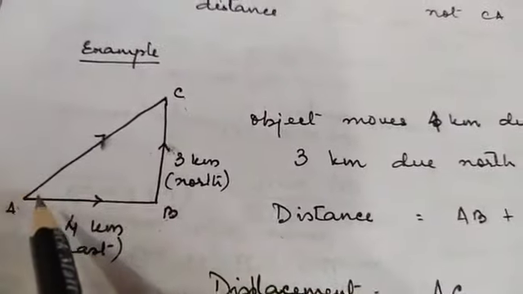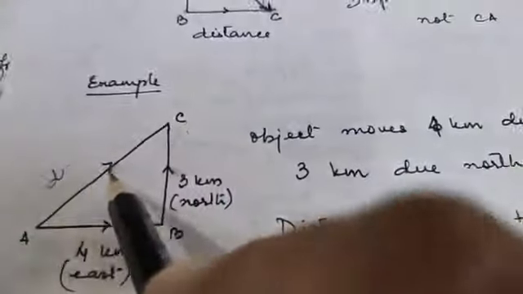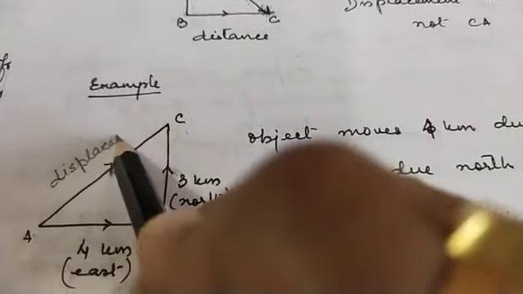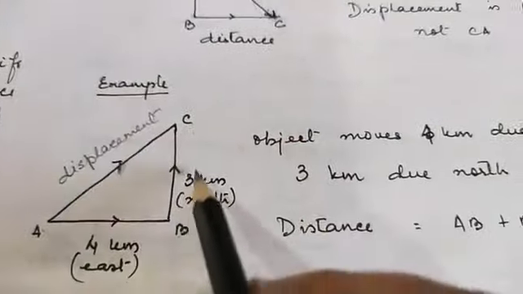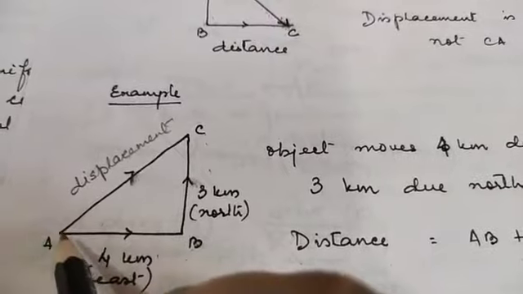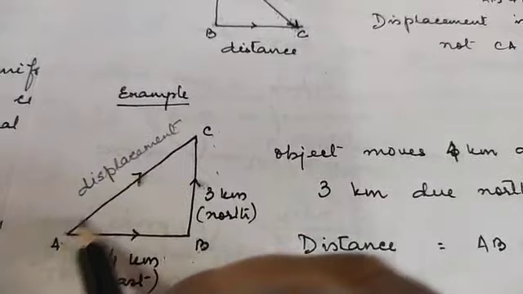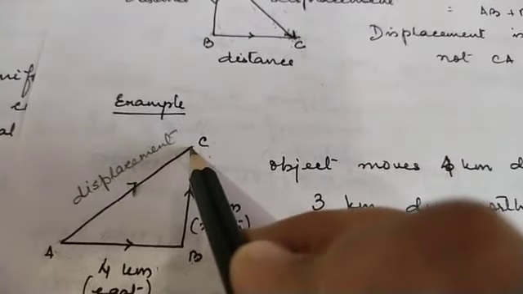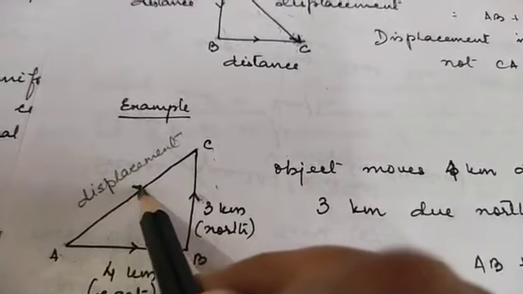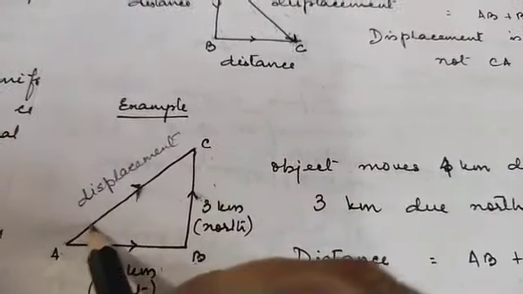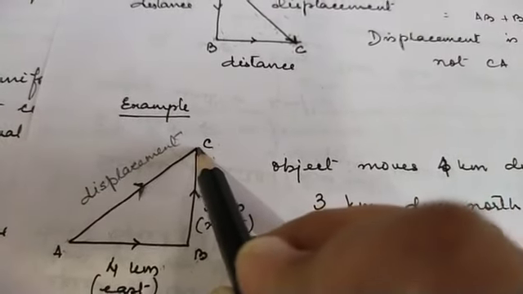But then what is the displacement going to be? This is the displacement, right? And this is the distance. This displacement is from A to C. The body has to reach to C, so it will move from A to C. The direct path is going to be the displacement, and it will be in which direction? From east it is going to north. So the displacement is in the northeast direction.